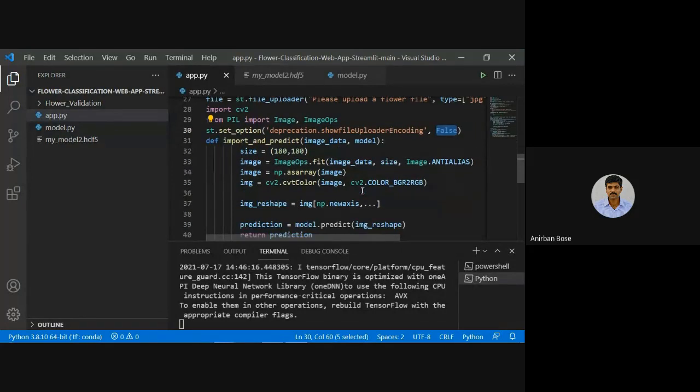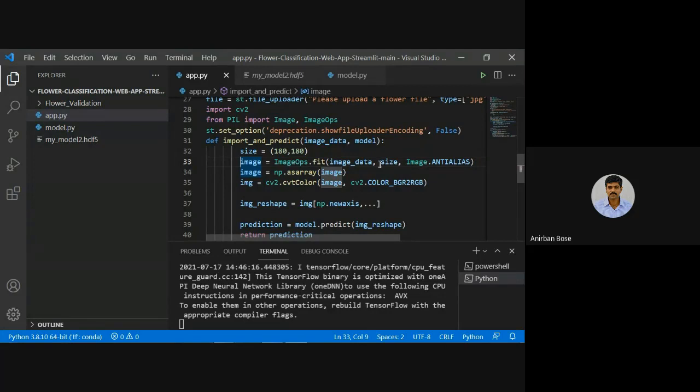You see, def import_and_predict, and it will take two things: one is the image data, another one is the model. What this particular function is doing: the size has been defined as 180, and image is equal to ImageOps.fit(image_data, size, Image.ANTIALIAS). ANTIALIAS is used when you are resizing the image.